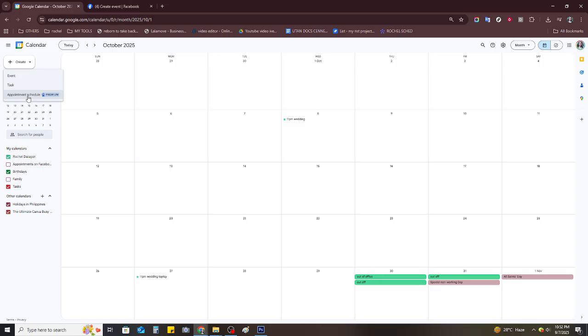With your appointments now defined, let's move on to the settings. The availability section allows you to specify which days and times you're open for appointments, preventing any overlap with other commitments. If you plan to hold these appointments regularly, consider enabling a recurring schedule, which allows you to repeat the